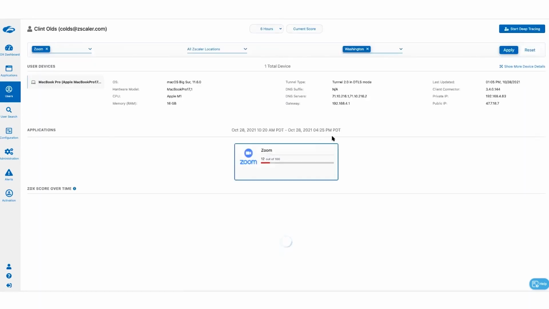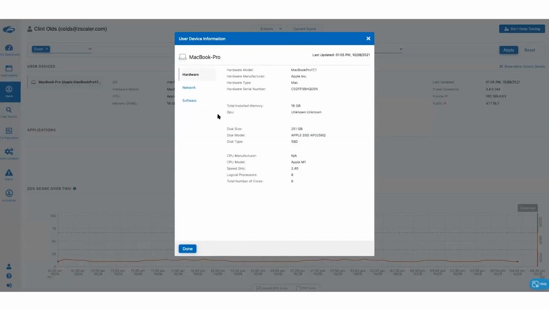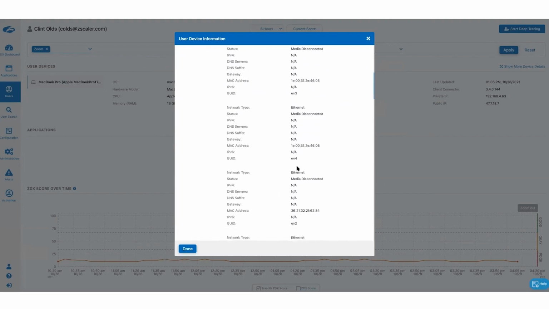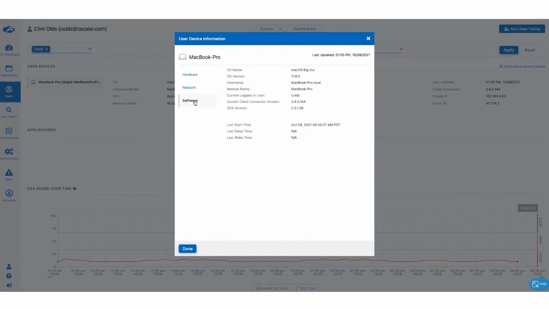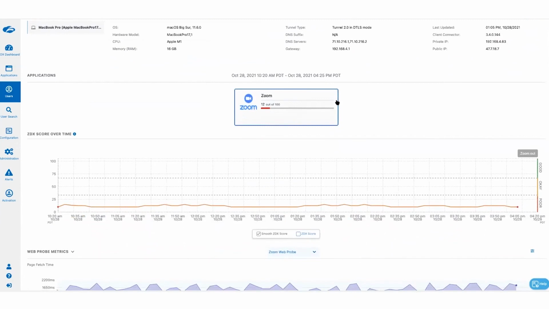device. So first thing that you will notice here is we fingerprint each device. So I can click on to view more device information, which tells you what kind of hardware he's using, what kind of networks he's connected to, including virtual network interfaces that are set up on his device, and what is the operating system footprint on his device. All of that detail is captured here. Currently, I'm monitoring Zoom application for him. I can see details of his ISP and DNS provider, for example.